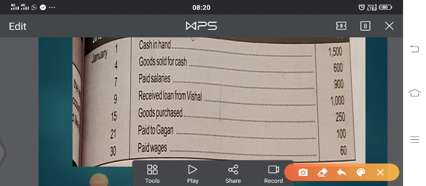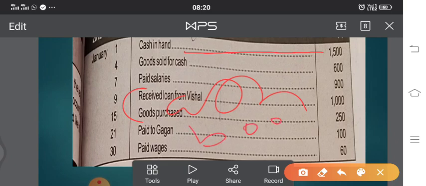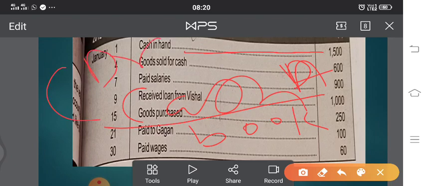Now, since it is our opening balance of cash, what we are supposed to do here is go to opening balance and write to balance brought down. Sorry, balance brought down. To or by, let's check it out. This is our cash book. If you remember, we have discussed that cash is an asset, and assets always have debit balance.